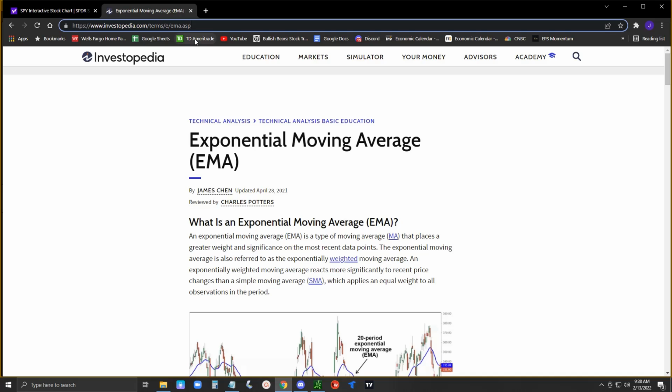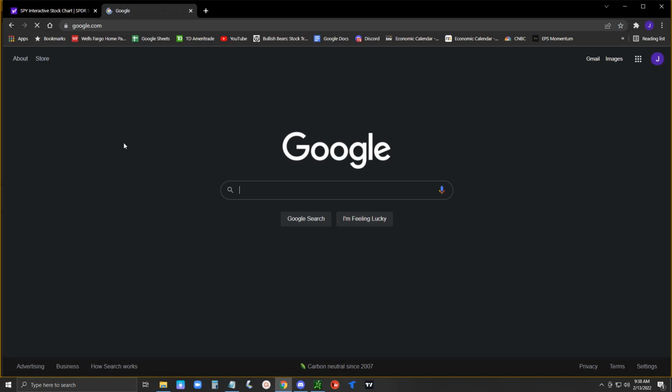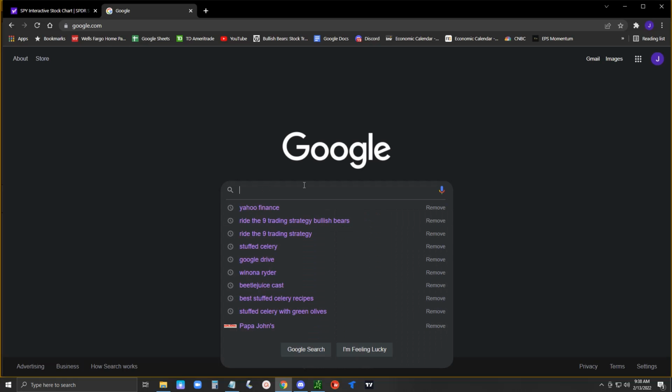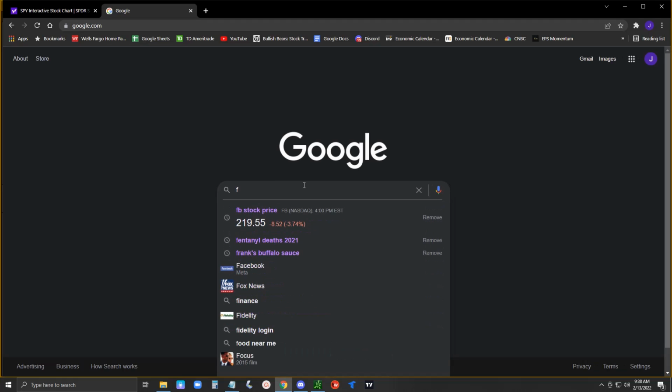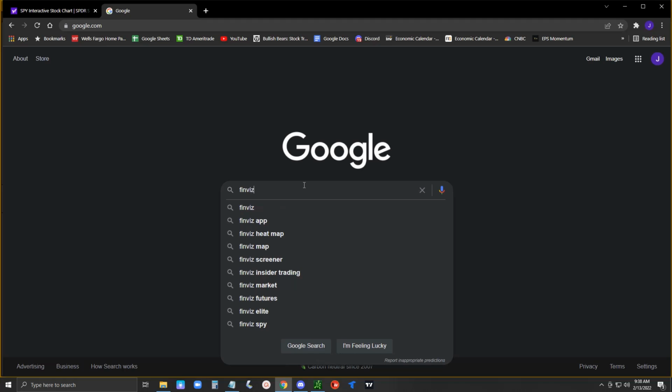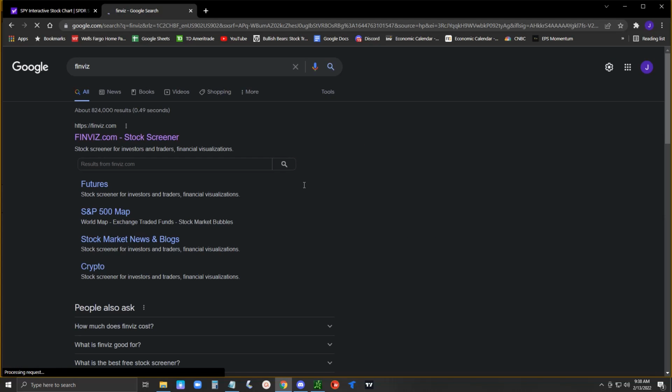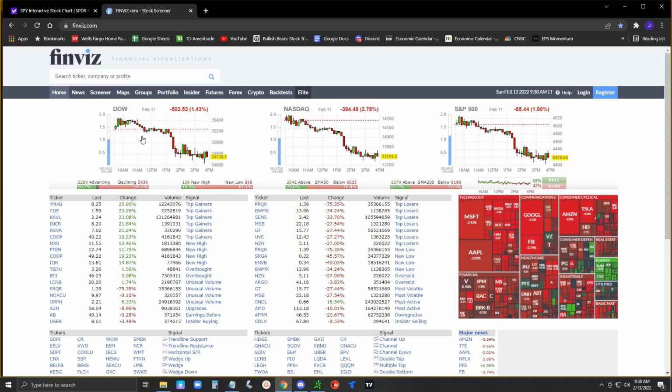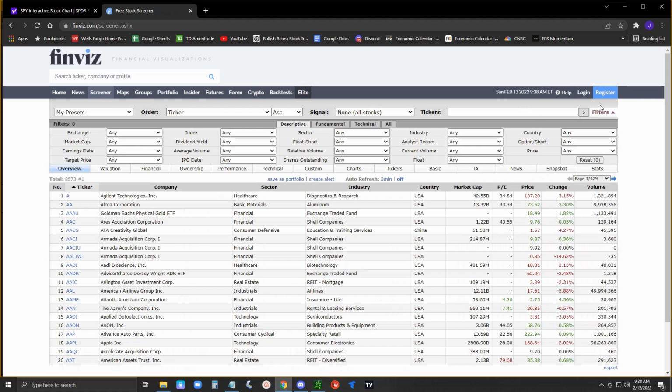So anyway, let's go back to search here, and we're going to call up a site called FinViz, which is probably one of the best stock screeners on the internet, and it's basically free. You don't have to sign up for anything if you don't want to. You can create a free account and register, and it'll save what you're doing. So we go to the screener link,